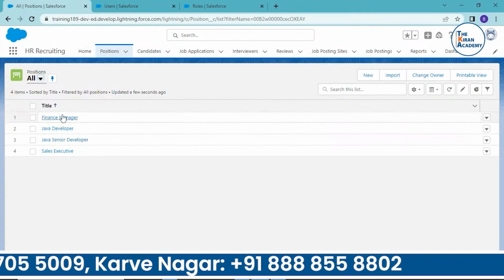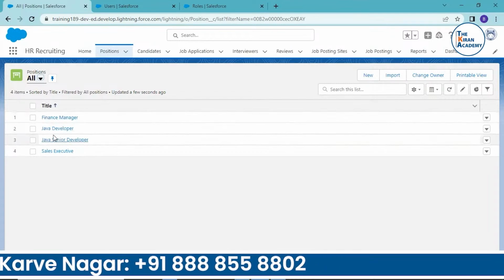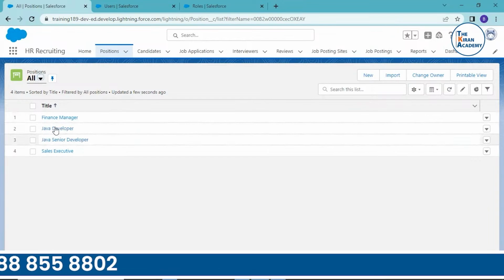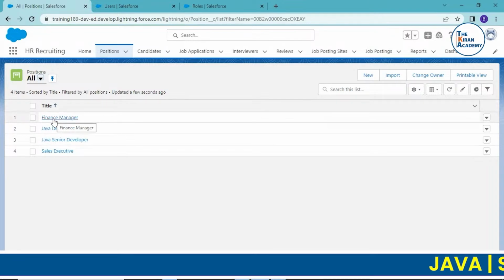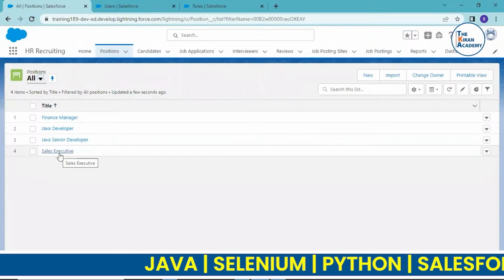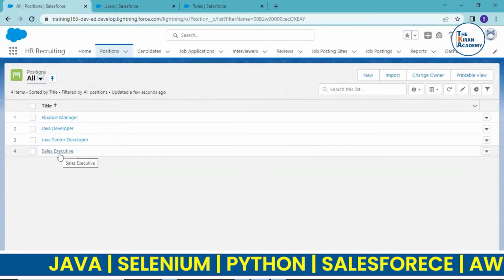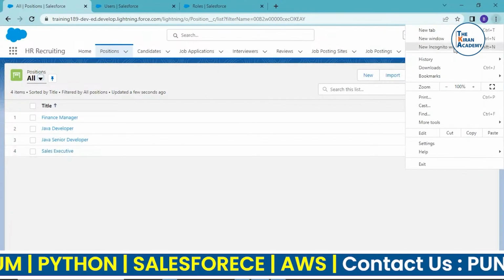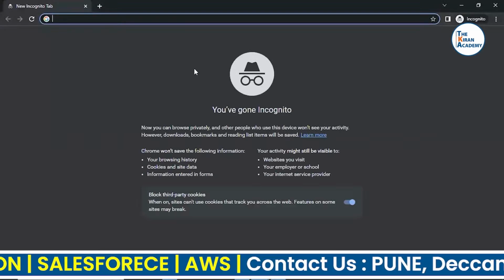These records are accessible to Vijay Chauhan, because yesterday we shared them in a manual way, right? Finance manager is a record created by Vijay Chauhan himself, so that is his own record and is anyhow accessible to him. But the sales executive record, we didn't share manually yesterday, right? But that record will be automatically shared now. So let's log in with Vijay Chauhan,